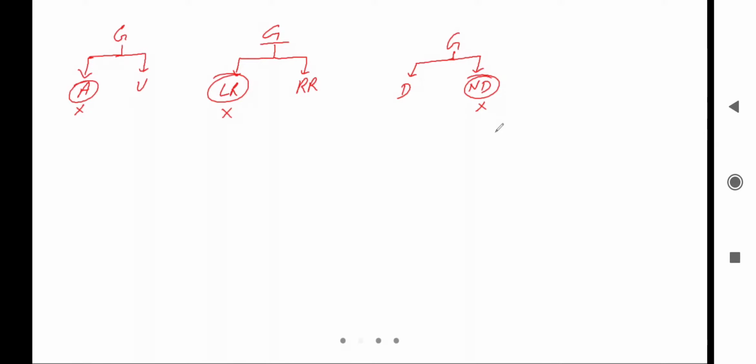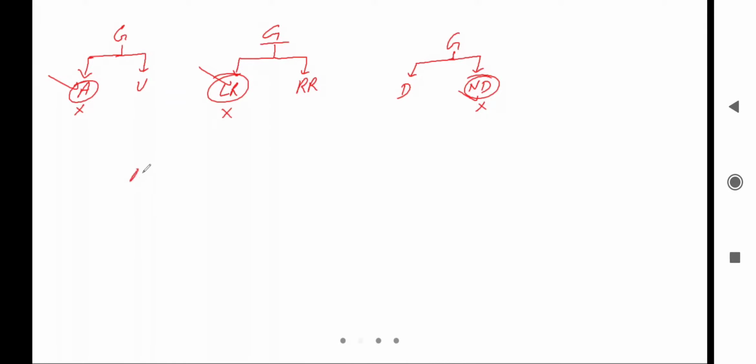Okay, so here we have seen what ambiguity is, and what left recursion and right recursion are. Next we'll discuss non-determinism. Okay, so we will discuss what non-determinism is. Let's see, there is a grammar given.